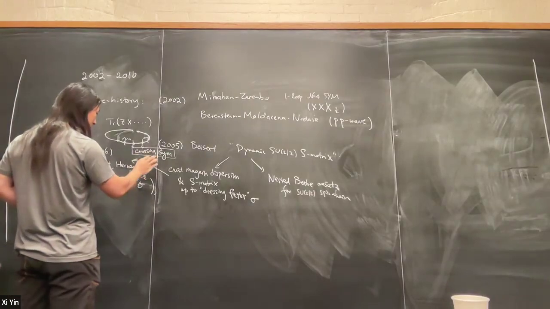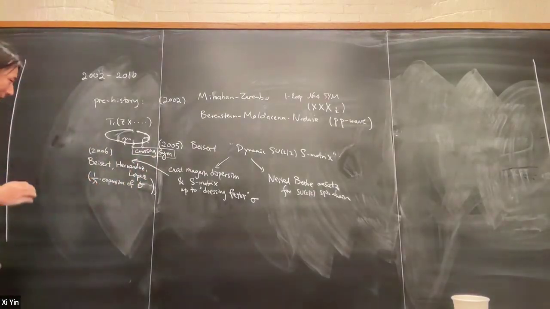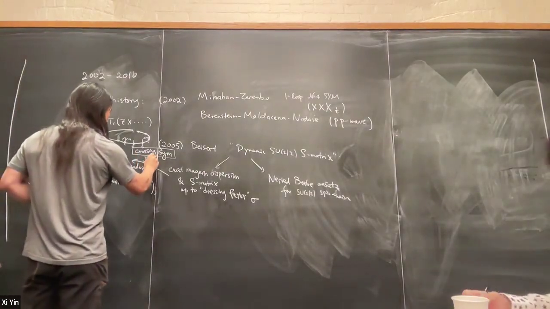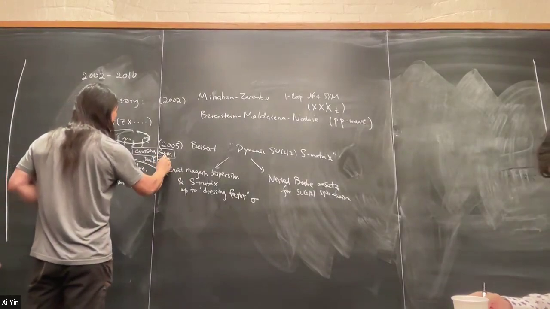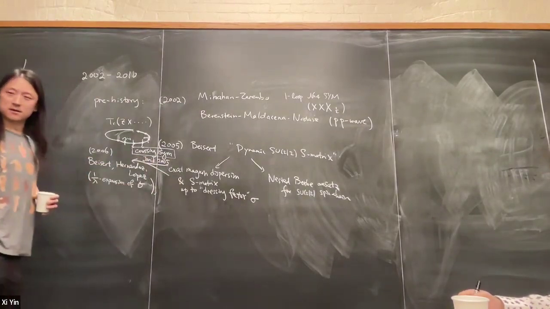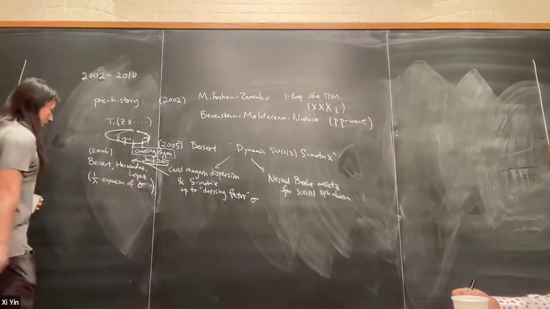It was also not clear how the crossing symmetry acts, and that was understood by a paper by Janik in 2005. This Janik paper is a very beautiful paper to read, also very technical. It's all about Hopf algebra and stuff. But it provides the one little missing piece of the recipe that led to this Beisert-Hernandez-Lopez guess.